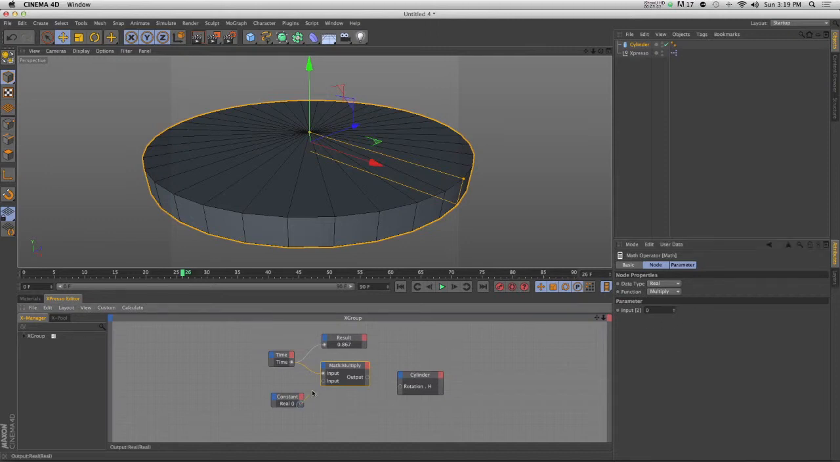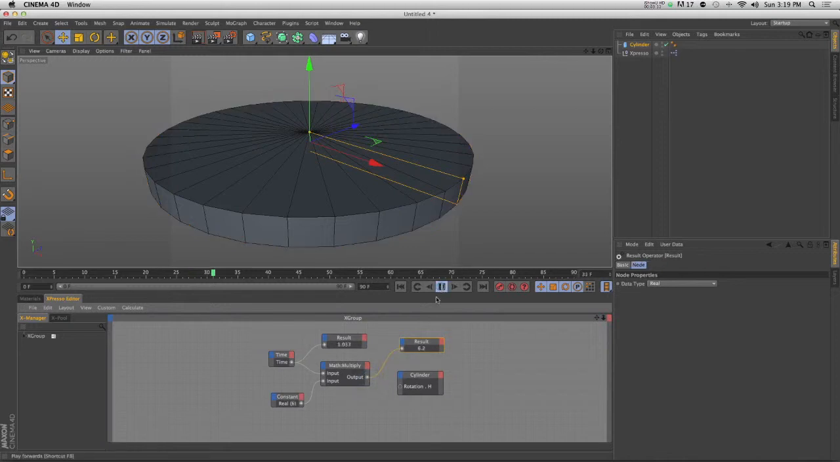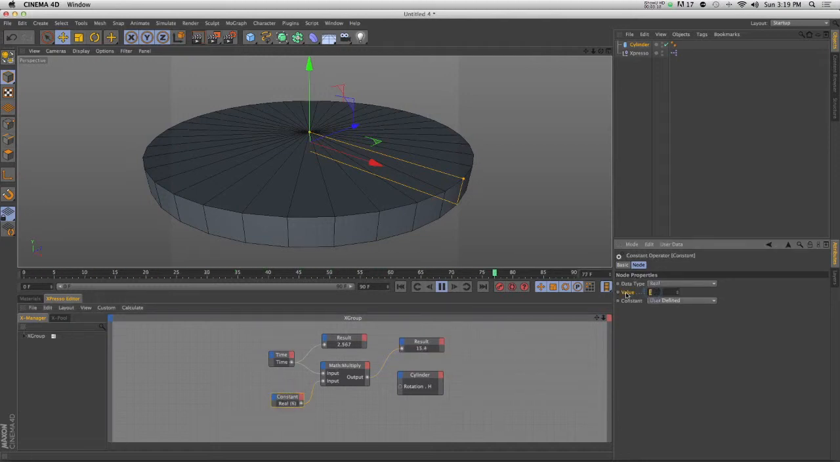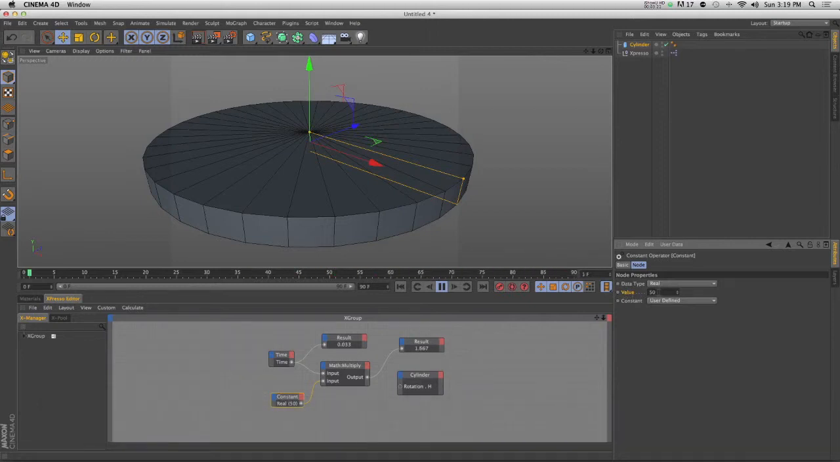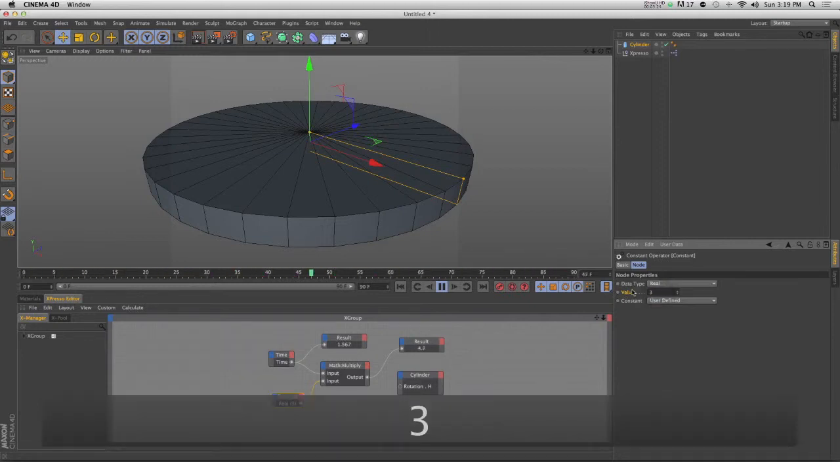and we're going to take our constant and drag that in. And now if we show the output in a result again, we're going to see that our number is larger because we've multiplied it by this number. So if we click in here and we pick 50, you're going to see that number really goes up quick. So let's leave it to 3 here